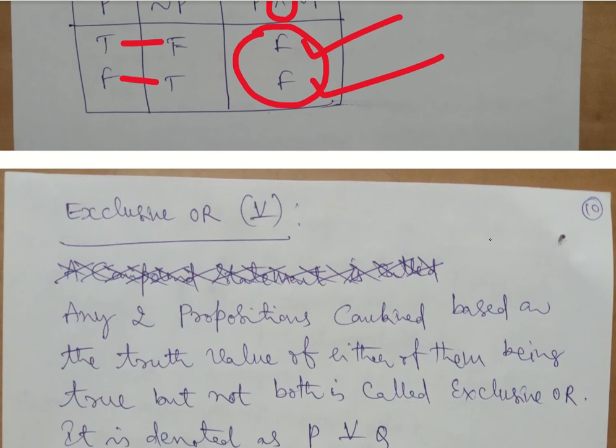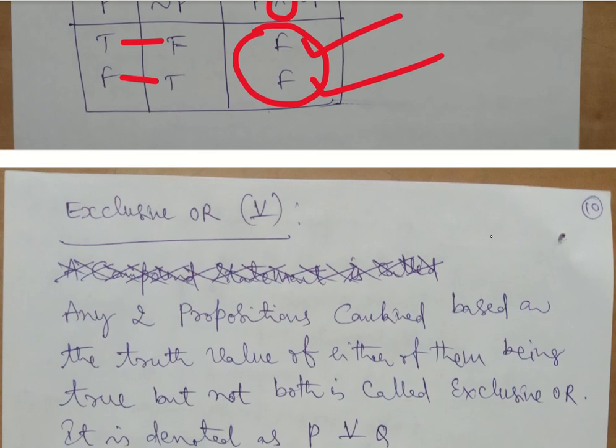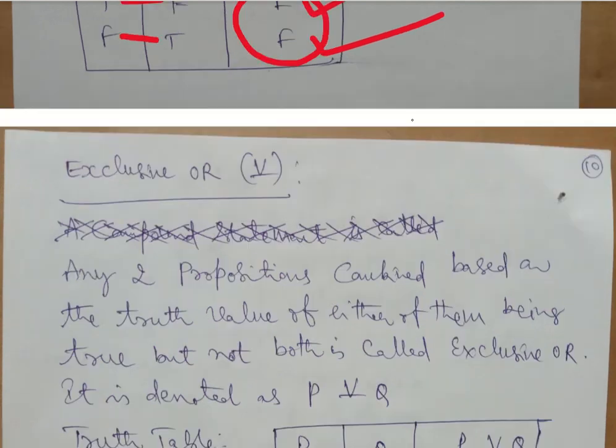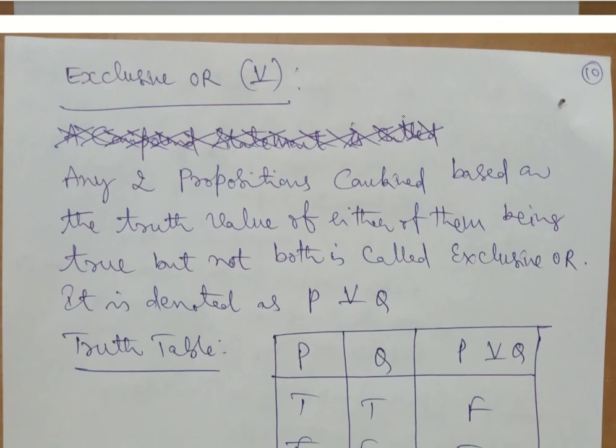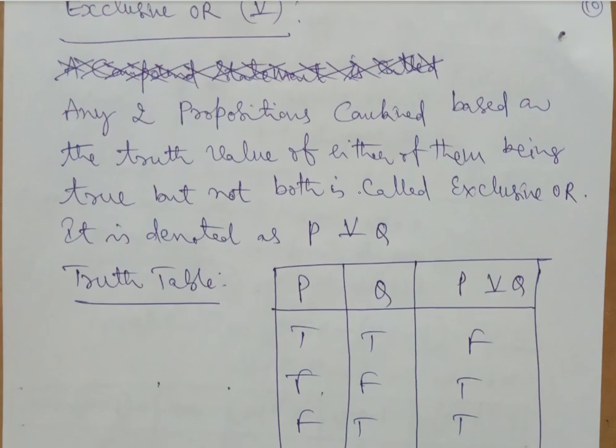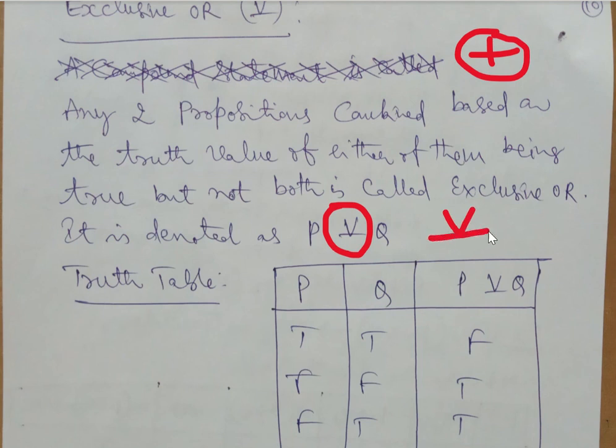Now with this, you should be able to get into some of the problems. This exclusive OR is not an important one because we are not using it, but since you know exclusive OR, I just want to inform you this is also one of the logical connectives. What you have to see here is how it is represented. In digital circuits, we know the OR operator is this and XOR is this. So the OR operator is involved in the XOR gate. Similarly here, disjunction is this, and putting one bar here is nothing but your XOR. That's what we have to remember.